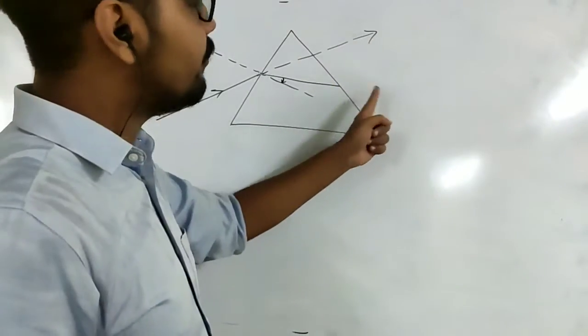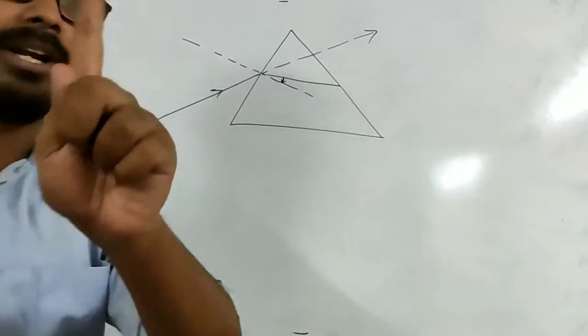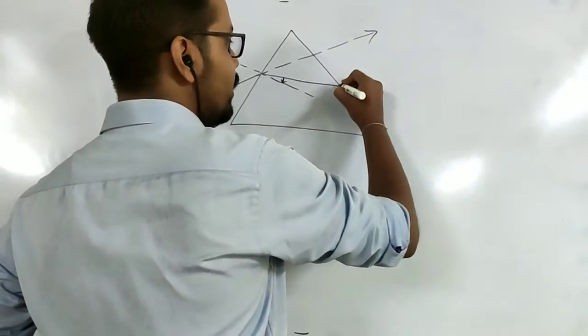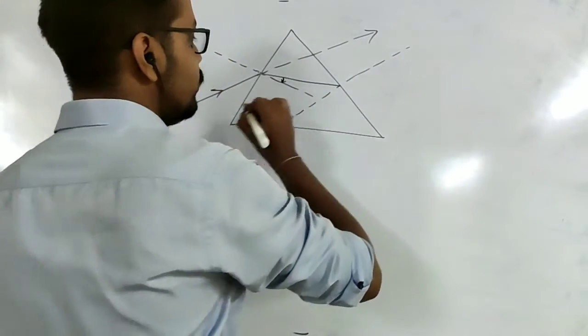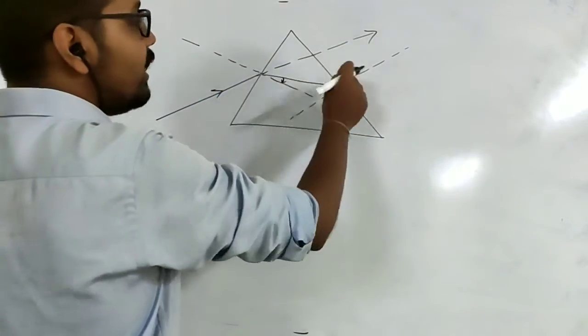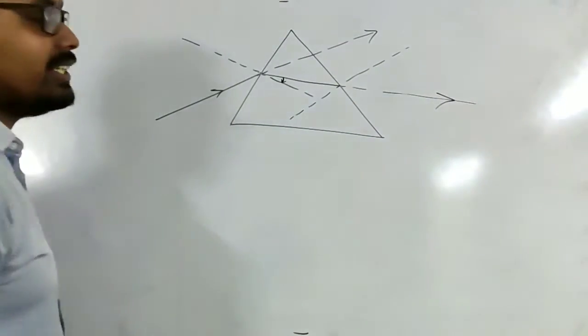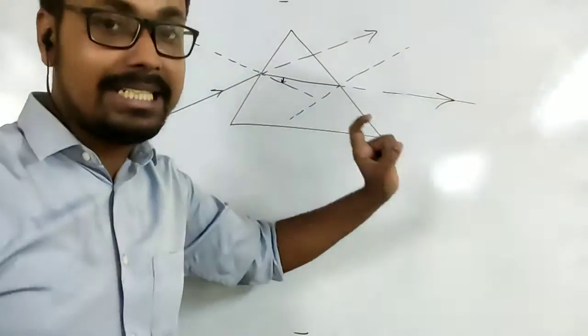After bending, it will face another surface. Again, here we have 2 different mediums. This is glass, this is air. Now again it will change its direction, but in which direction? Let us draw one normal to this point as well. If we draw a normal to this point, this time, if there had been no change in medium, the light would have traveled like this. This would be the direction of light if there had been no change in the medium.